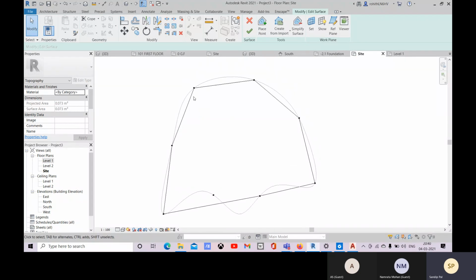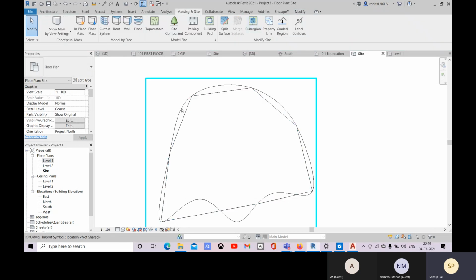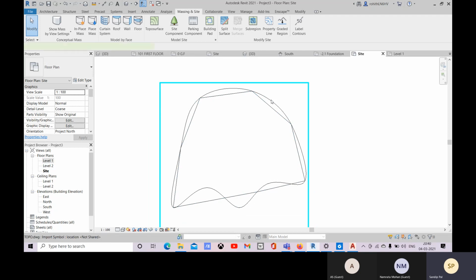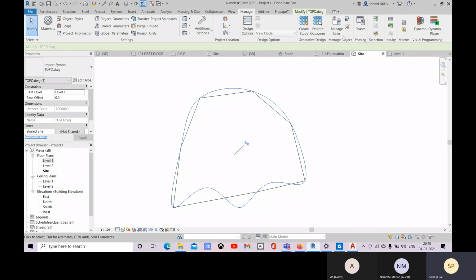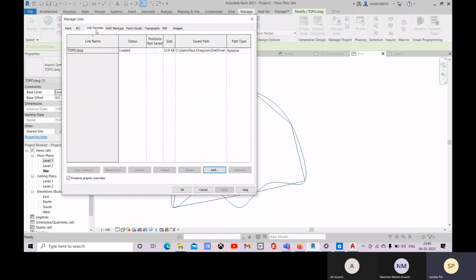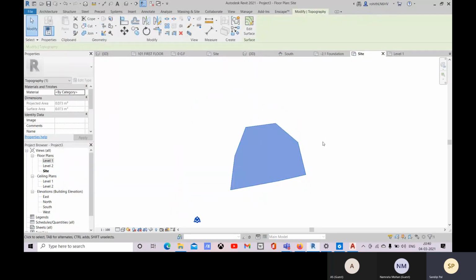Okay, so here you can go with Finish Surface, and it has created according to the points. Now you can go to the Manage tab and Manage Links, and this one you don't need anymore, so you remove it. And this is how you created your topo surface.